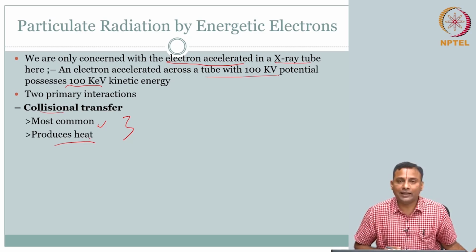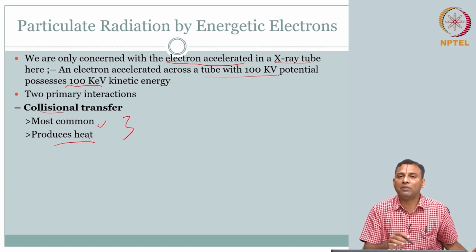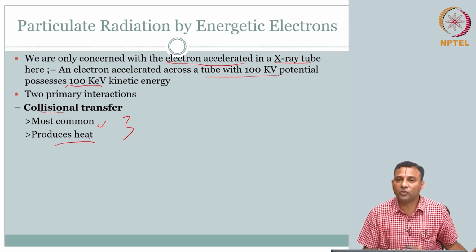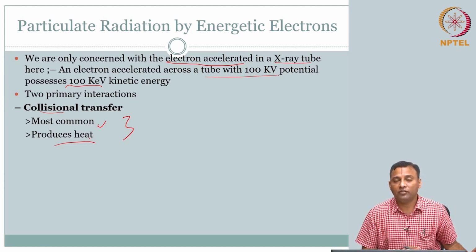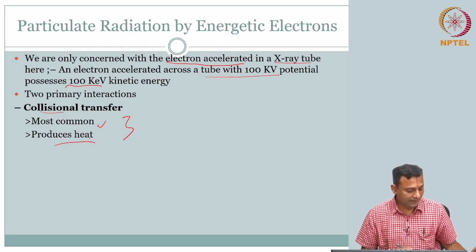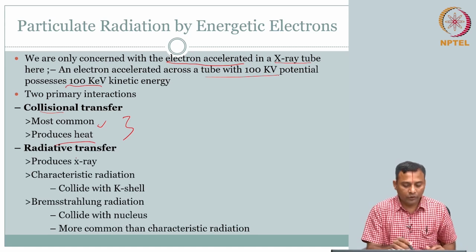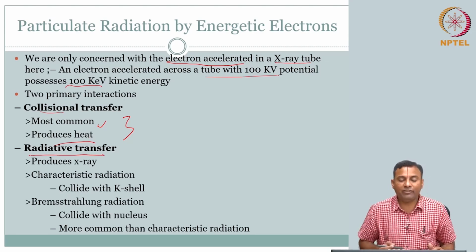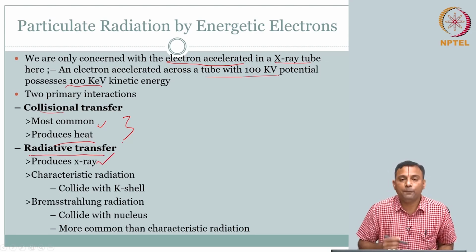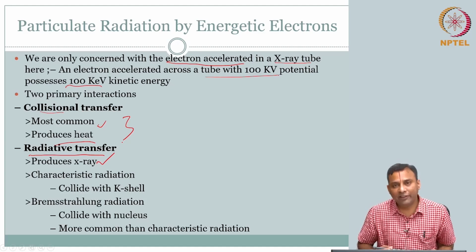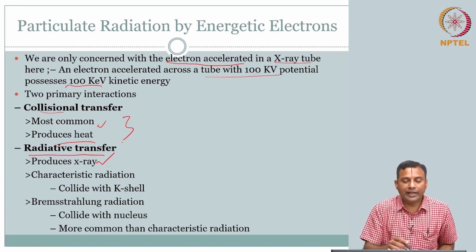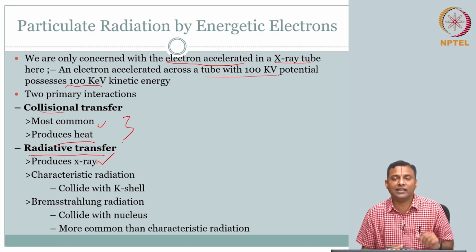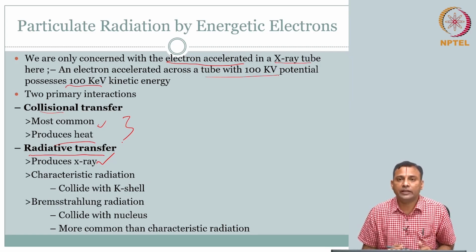Okay, so clearly this is most common, but it's not really that useful for us. What is going to be useful for us? We need to produce X-rays, or energy that comes out in the X-ray range, right? That is going to happen due to radiative transfer. This is the one that produces X-rays. Of course, even in radiative transfer, there are two kinds of mechanisms or two phenomena through which X-rays are